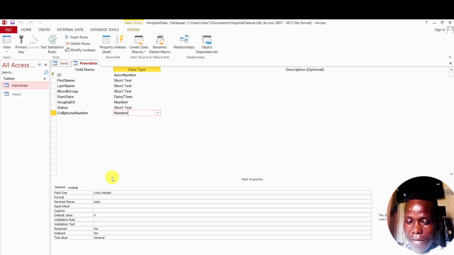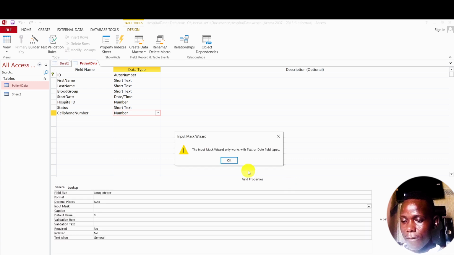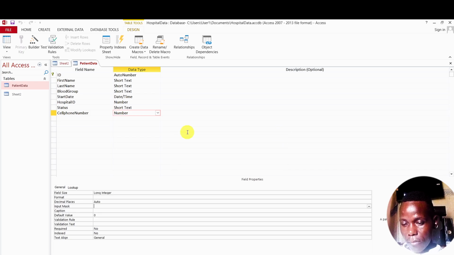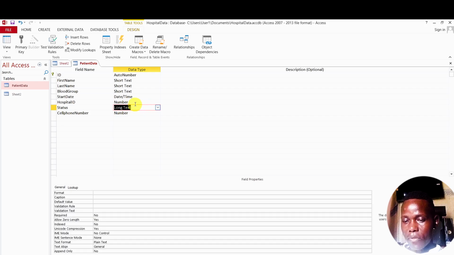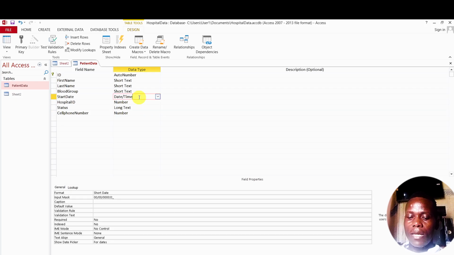Also for these cell phone numbers, if you want to put a mask, it's the same scenario. Just come here and then select a mask. Okay, guys, you can try this. If I want to remove this mask, I can just come here and remove this date, and then save. If I save this one,